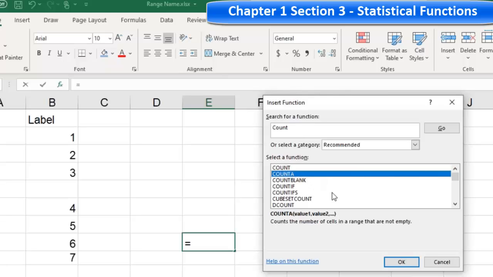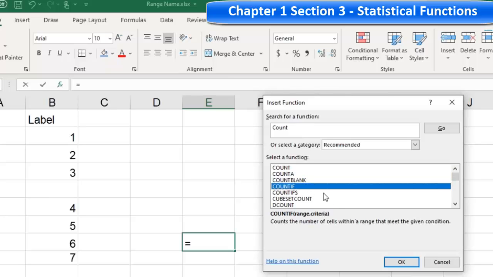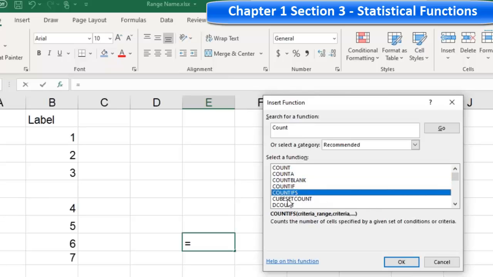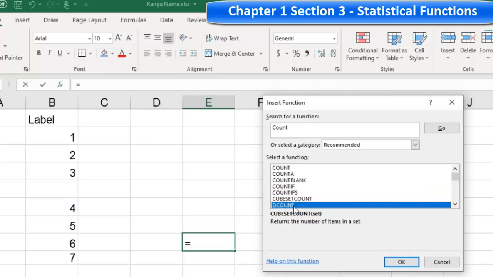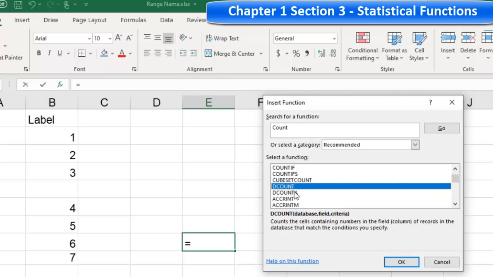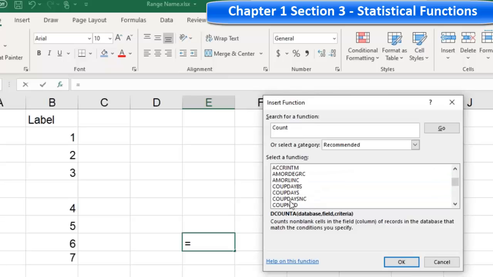So it looks like we have a COUNTBLANK, a COUNTIF, a COUNTIFS, a CUBESETCOUNT, a DCOUNT, and there's several others out here, as you can see. And these are all count related. There's count features in these functions here. So you see there's a lot of functions out there. And so sometimes if you're not able to get the right results, you might want to look and see what else is available. If you type in the word SUM, S-U-M, and do a search on that, say go,